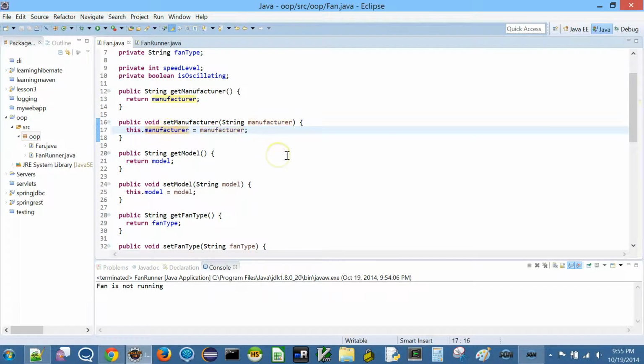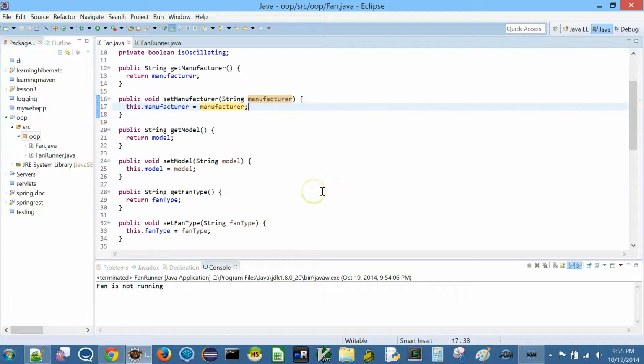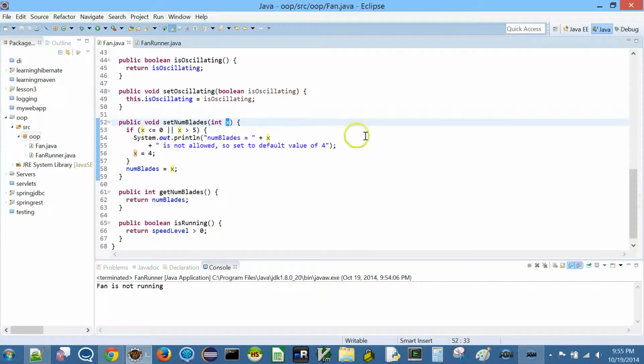So this is the instance variable, which is this one, right? So that's why it's prefixed with this. What it means is this object's instance variable. This manufacturer is the local variable. So previously when I was doing the num blades, I used X here, just to differentiate between the argument that is passed and the instance variable that is set.